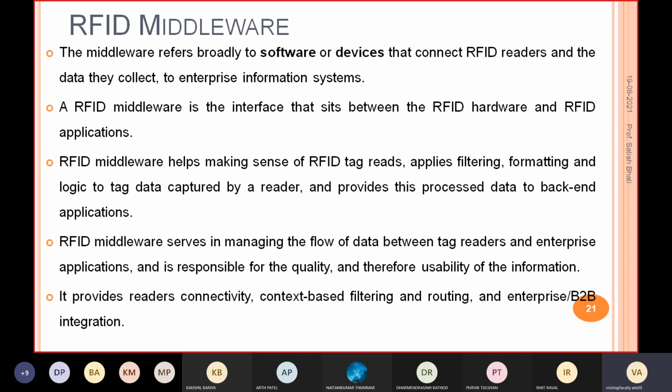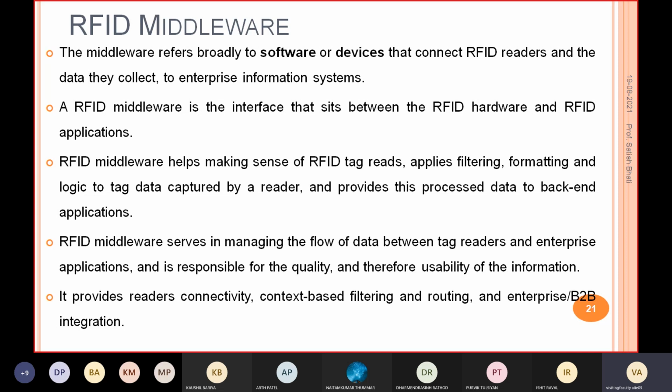So depending on how your system is working, the quality of your service mainly depends on your middleware, right? Because the function of the RFID tag is to just provide the information. We can just write the information. The function of the RFID reader is to just capture the information which is available on the tag.